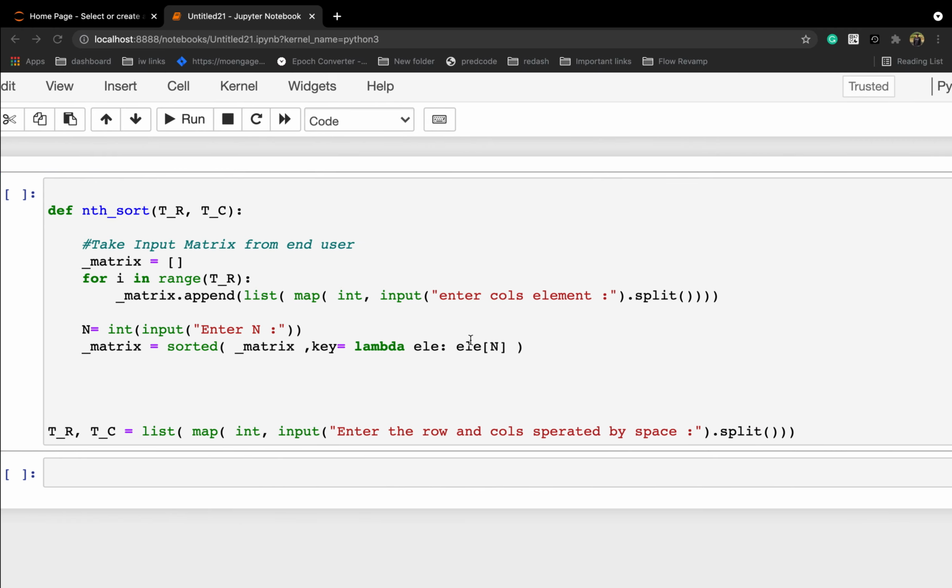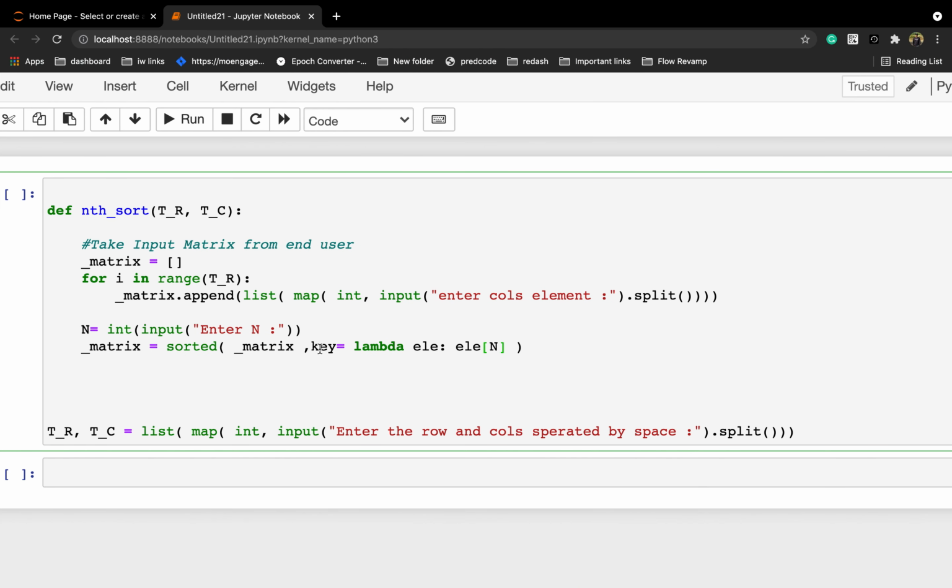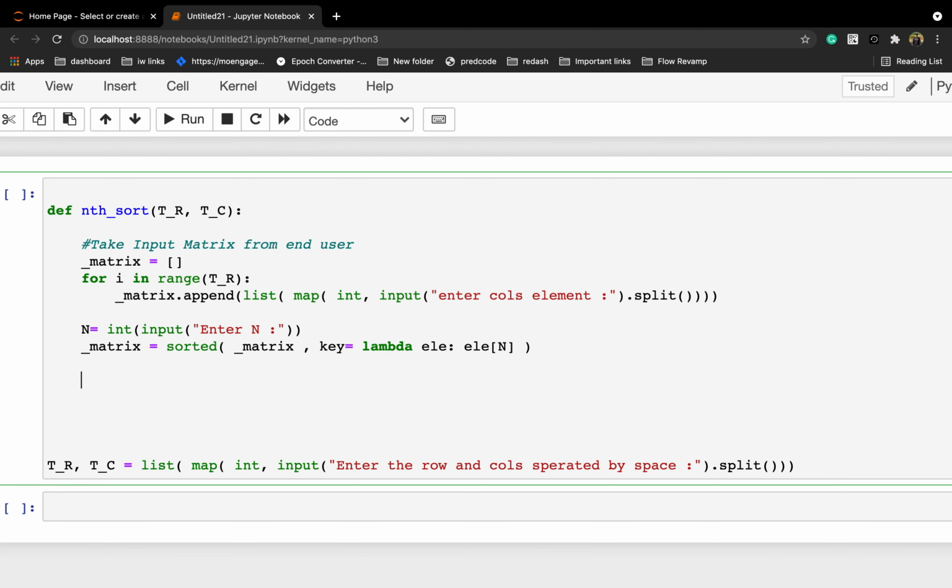If you provide 3 here in n, it will point to the third element, right? This is what the lambda function will do. Coming to the sorted function, we provide the iterable and then the key. The key is not a mandatory field, but we can provide it if we want to sort on the basis of a key. So this will take care of sorting the whole input matrix, and let us print the output matrix.